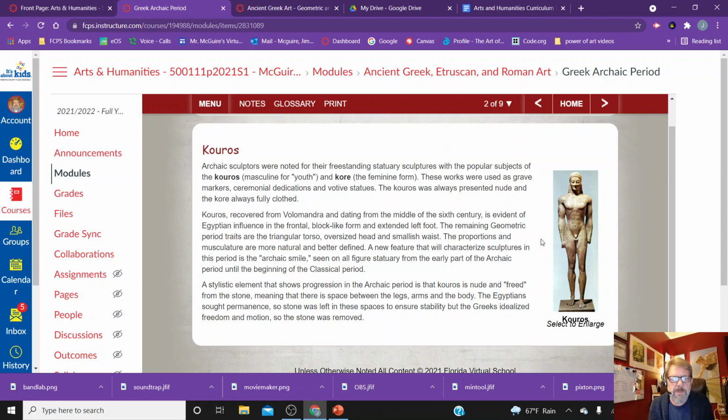The Egyptians sought permanence, so stone was left in these places to ensure the stability, but the Greeks idolized freedom and motion, so the stone was removed. So, a couple things to point out here. Artistically speaking, that's more difficult. Anytime you're freeing the figure from the stone,